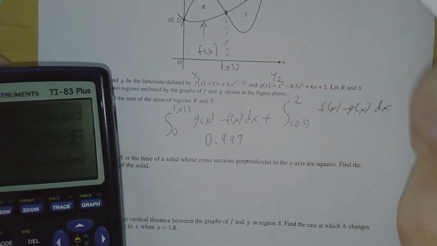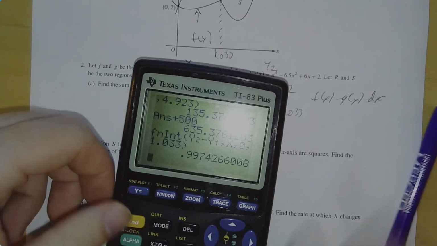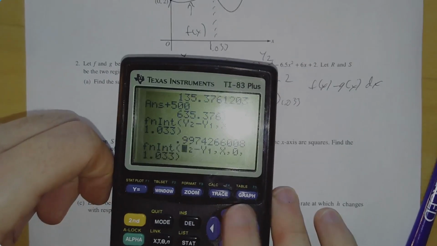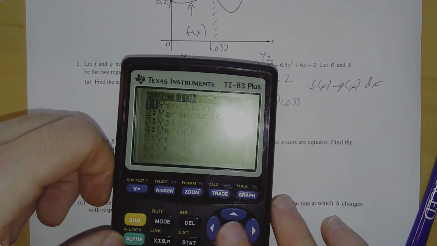It makes sense. I'm getting a positive number. Looks like I did everything right. Plus, and we'll do the other integral. And we'll just flip these around. So integral of y1 minus y2